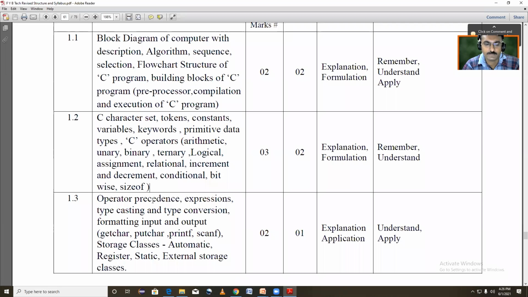in bracket, getchar. Getchar is one word, it's an inbuilt function. So getchar, putchar, printf, scanf,